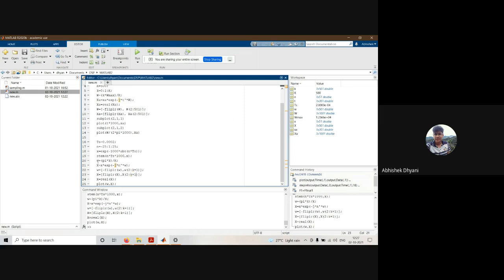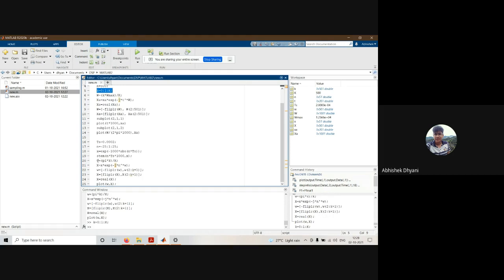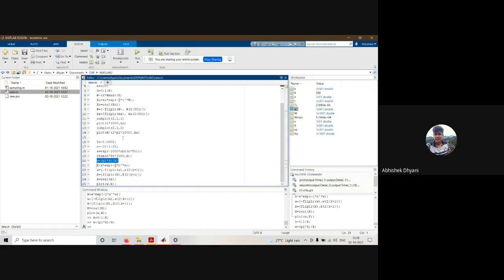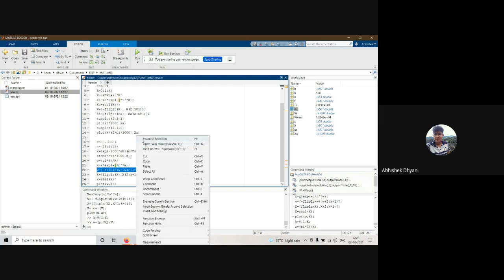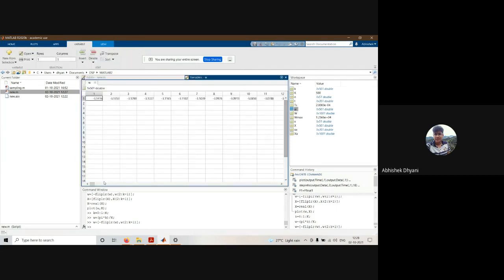Let me check it just to see why this is happening. So omega starts from 0. I replace omega with this part, but it's still from, now it's,